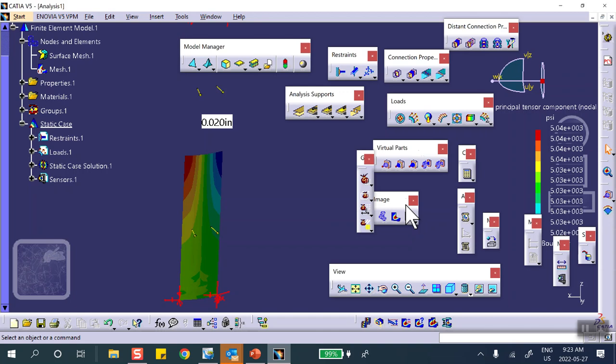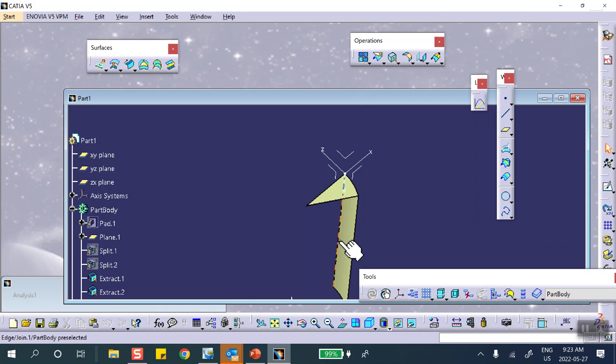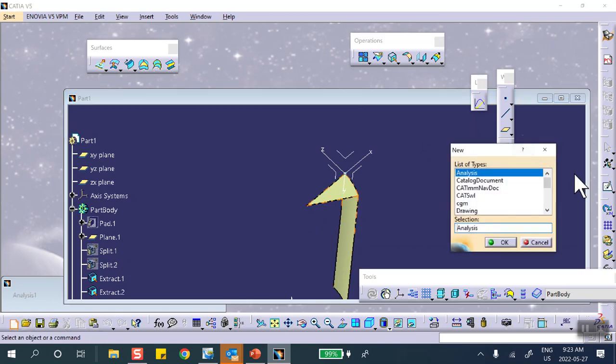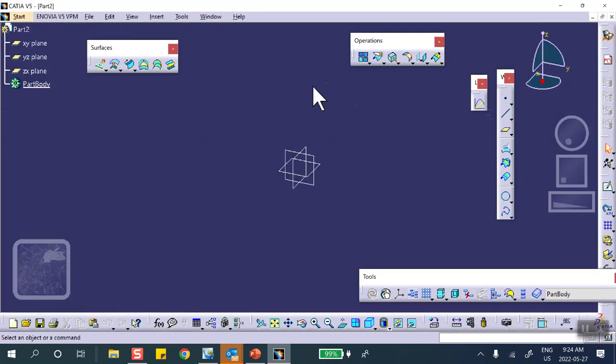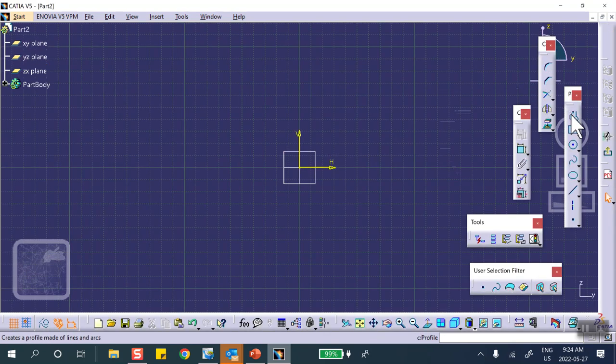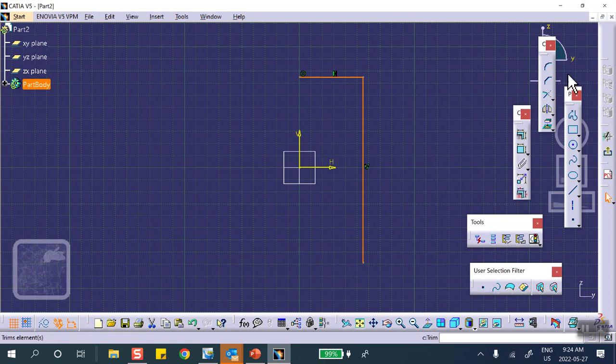Okay, listen, I am not going to do this the third way. Let me just show you. I'm not going to finish the problem, but I want to show you how to create this geometry in 20 seconds. Let's start with the part. Okay, 20 seconds. It's not going to take more than 20 seconds. I can guarantee you that. On that plane, I will sketch an L. Exit